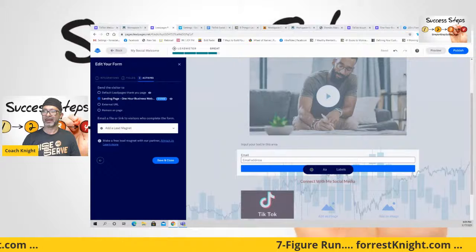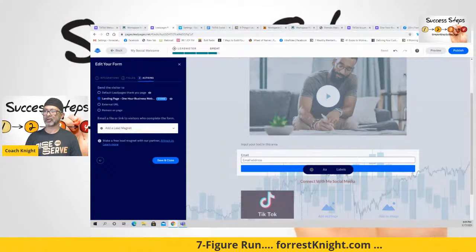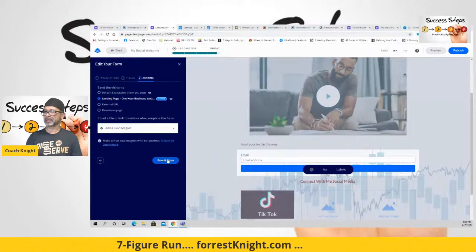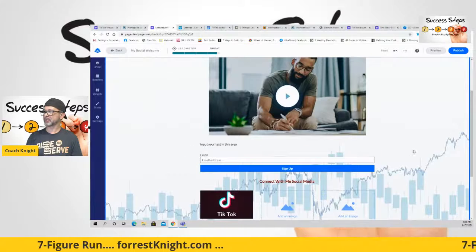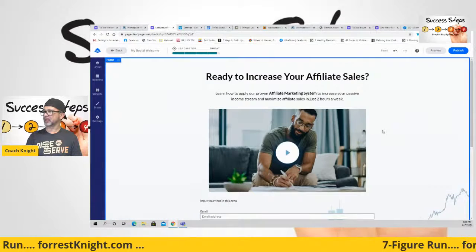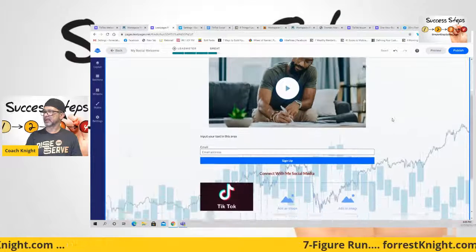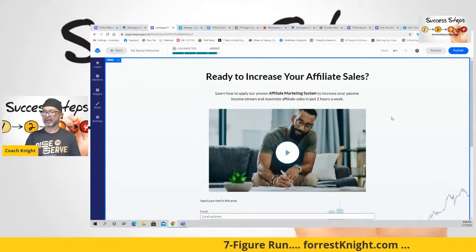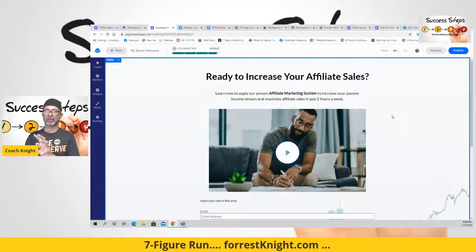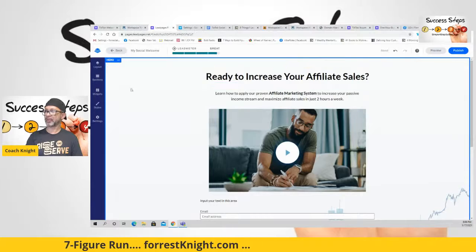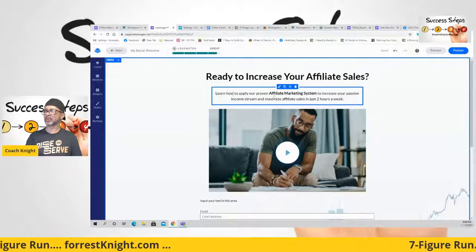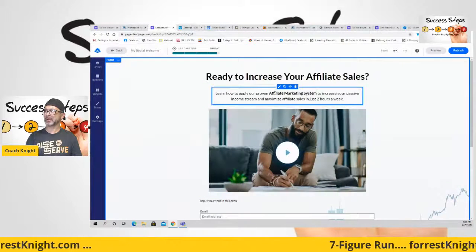That's why we're here. I'm talking really fast, but the whole point is to get through this. So this hit save and close, right? So this is basically what your page is going to look like, minus some of that stuff. Again, I think I shared the link into the page, so if you want to come in and copy that, you can copy. This is so cool because you can't mess this up.